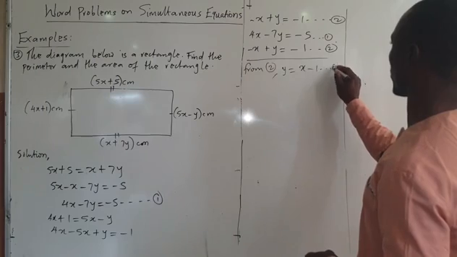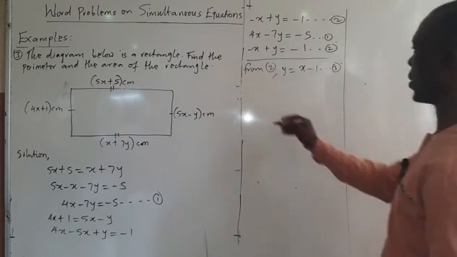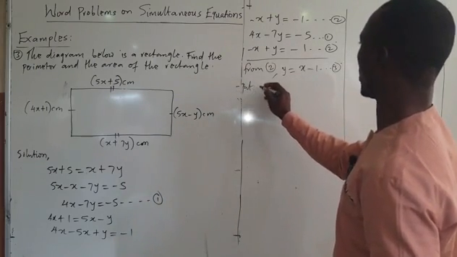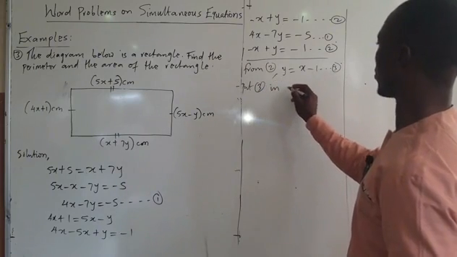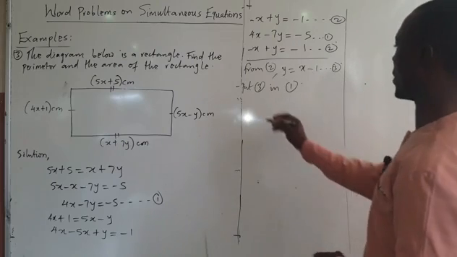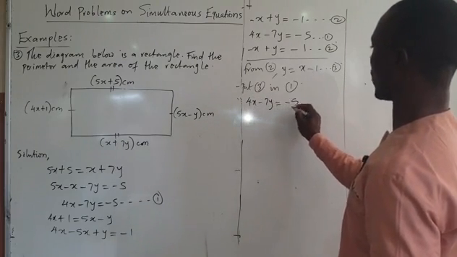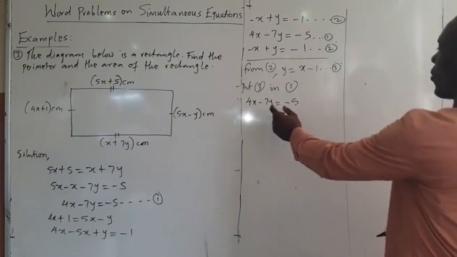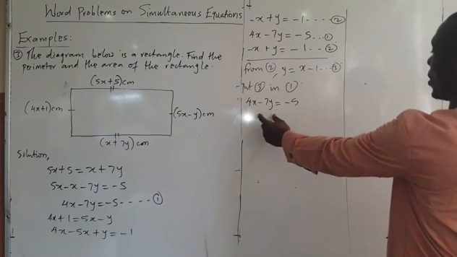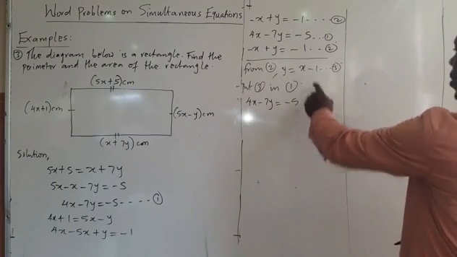So this becomes equation 3. So you can now put equation 3 in equation 1. So equation 1 is 4x minus 7y equals minus 5. So anywhere you see y from equation 1, you replace it with x